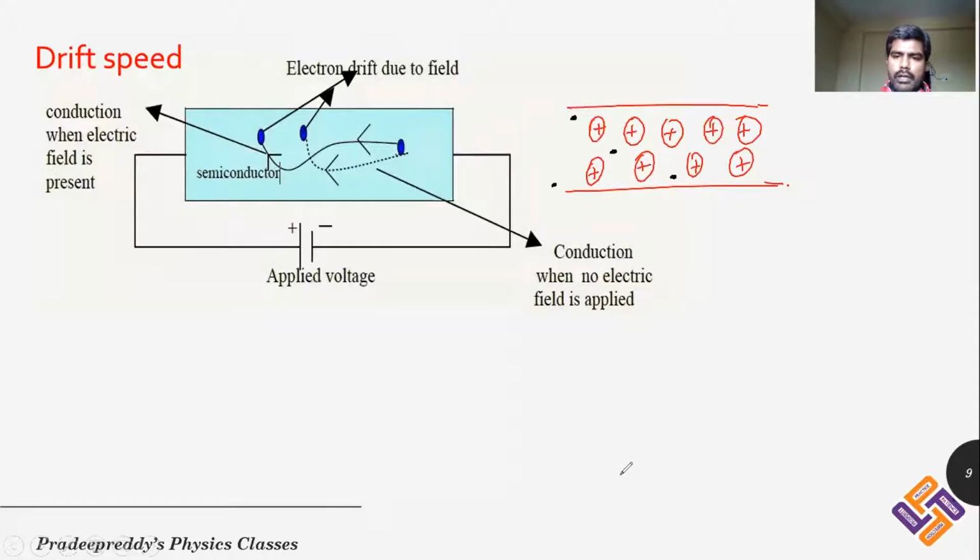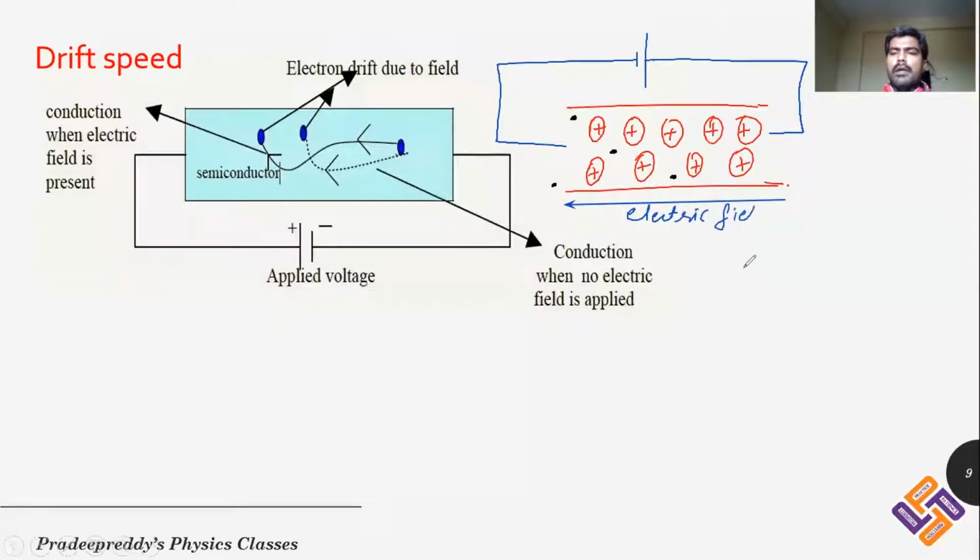What you are doing now, you are connecting this wire to a battery in such a way that one end is connected to the negative terminal and the other is connected to the positive terminal. Electric field will always be in the direction from positive terminal to negative terminal. This is the direction of electric field, as you know. Remember, electric field is because of the influence of the battery. Electric field is set up throughout its length L.